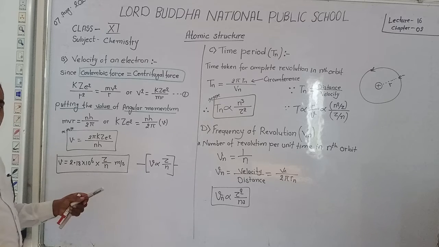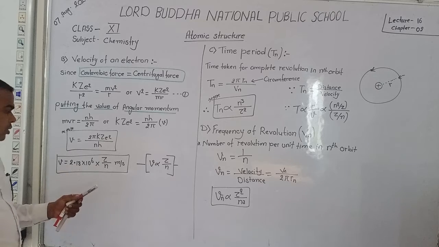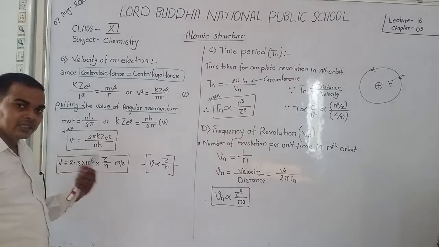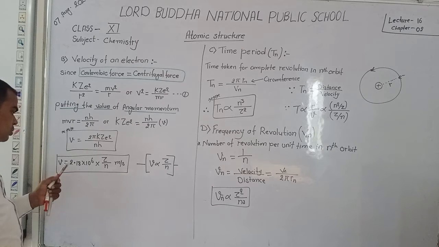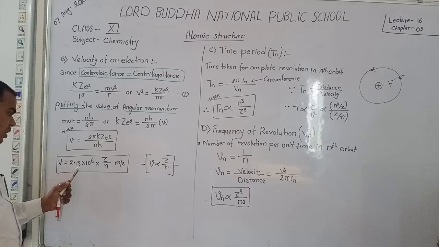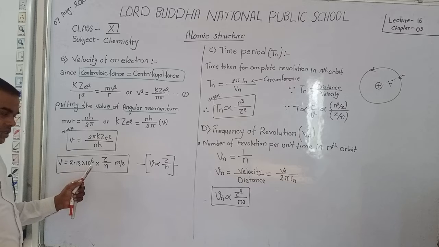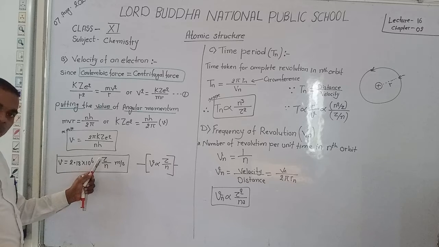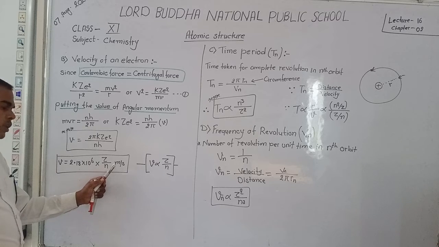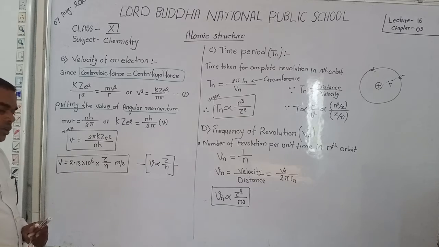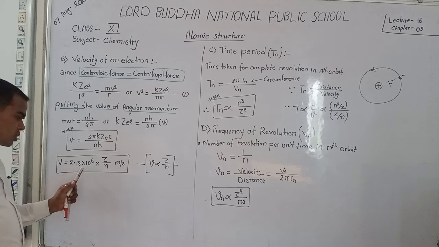This is the formula to find the velocity of an electron in the nth shell of an atom with atomic number Z. Student, if you want to find the velocity of an electron in the nth shell, put the value 2.18 into 10 raised to the power 6 into the atomic number of that atom, divided by the orbit discussed in the question. The unit used is meter per second.